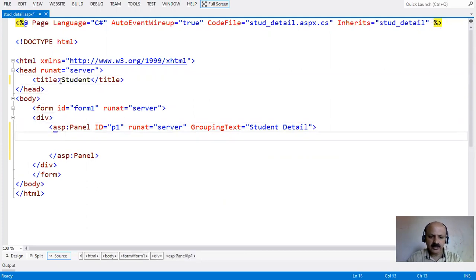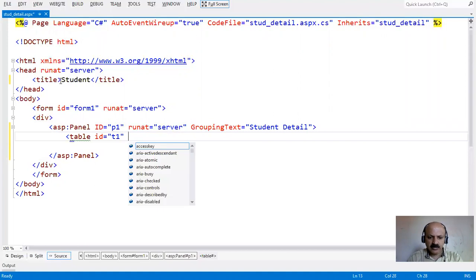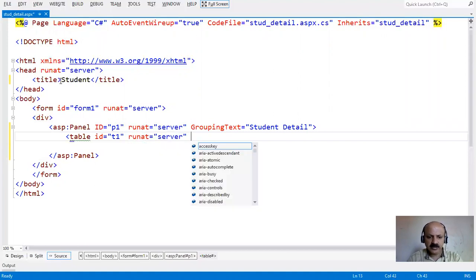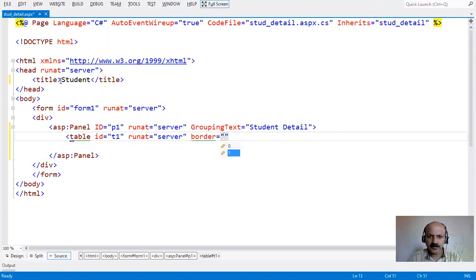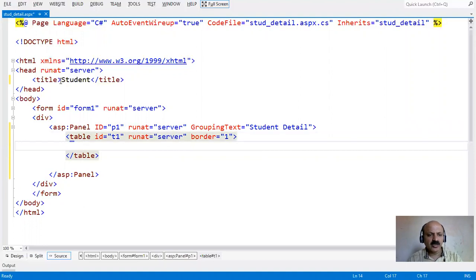For perfect designing in ASP.NET, we take a simple HTML table tag with ID T1, runat server, and also provide the border. You have to know HTML very well.